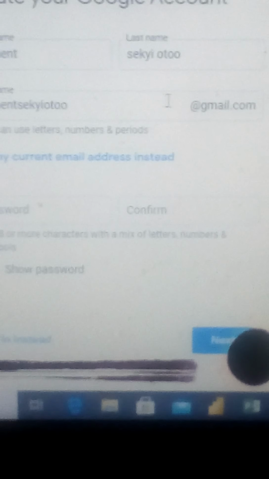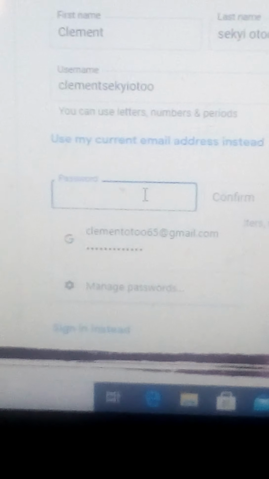It will come at Gmail, and I'll type my password. Yeah, password. I think password will be MC